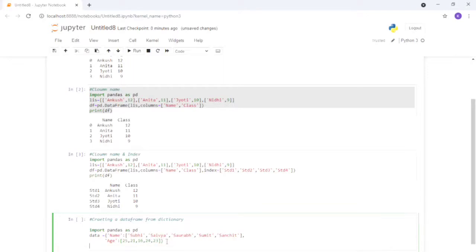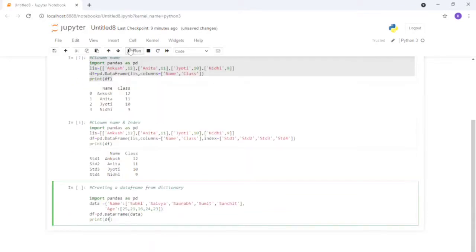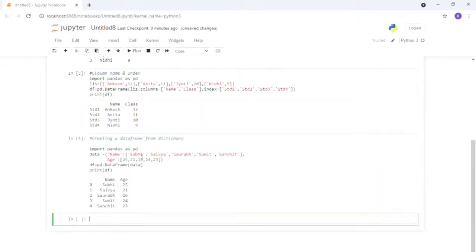Now what we have to do is follow the same sequence as in the previous program. First of all, pd dot DataFrame, where it will get the data from the variable named data, and then we go with the print syntax, and we are going to print the data frame. Now once you go with that, you can click here. Now you can see it is also changed.